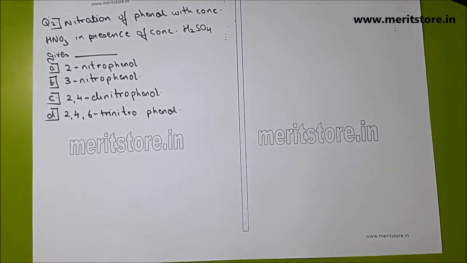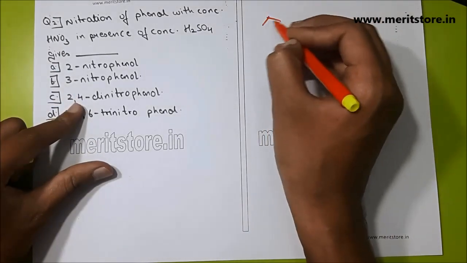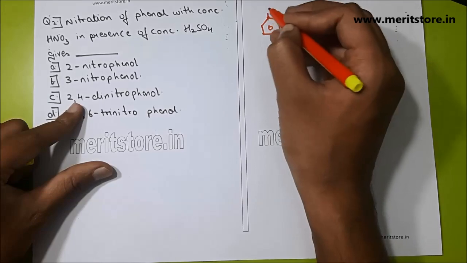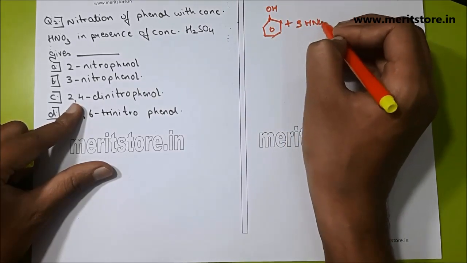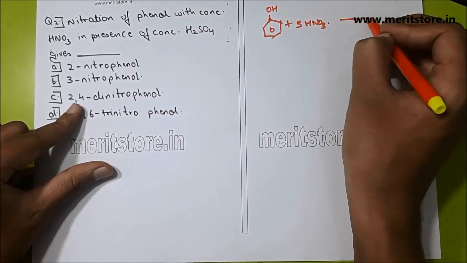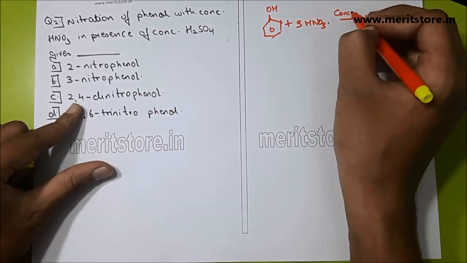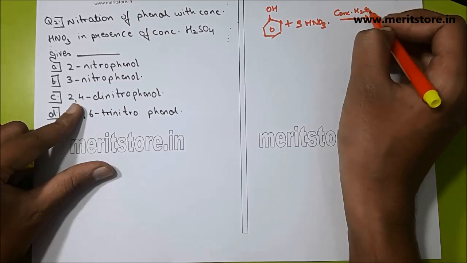Question number 2. Nitration of phenol with concentrated HNO3 in presence of concentrated H2SO4 gives A, 2-nitrophenol, B, 3-nitrophenol, C, 2,4-dinitrophenol, D, 2,4,6-trinitrophenol. We have phenol. This is the structure of phenol, a benzene ring with an OH, plus 3 moles of concentrated nitric acid HNO3 in presence of concentrated H2SO4 gives